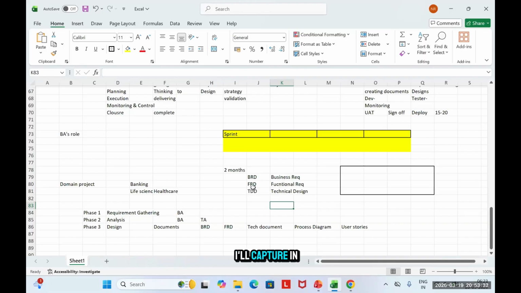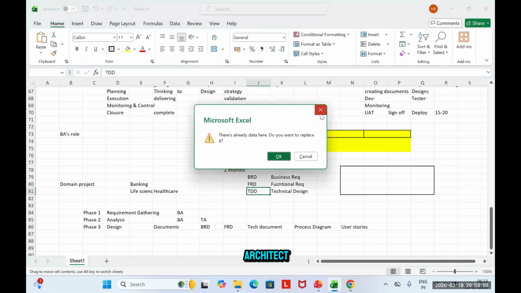That is what I will capture in functional requirement. Technical design document is more about how different things, like ServiceNow, are connected to any other tool, or how this architecture fits into the client's environment. So that is your technical design. Now, the first two are done by BA. The next one will be done by your technical architect.